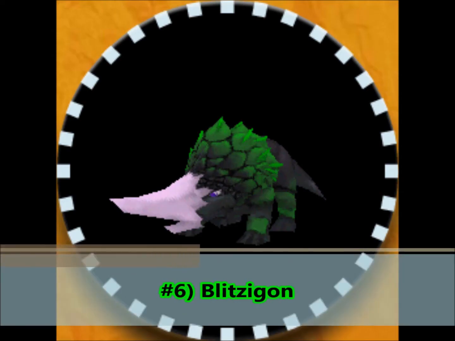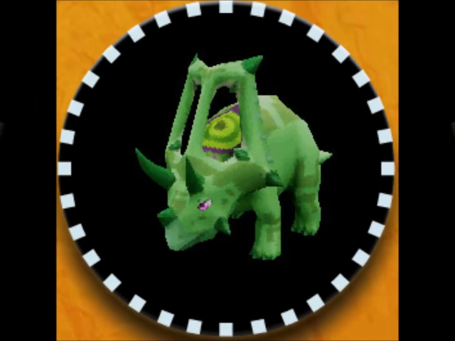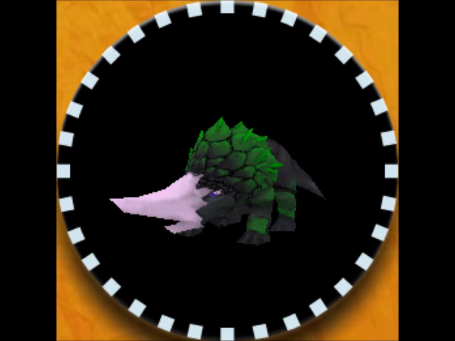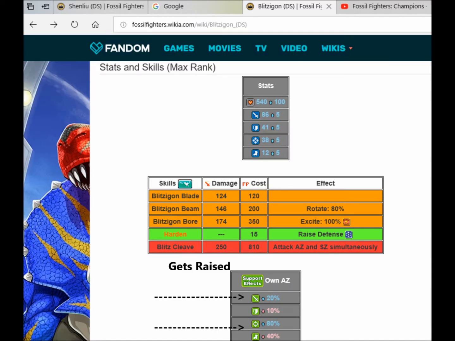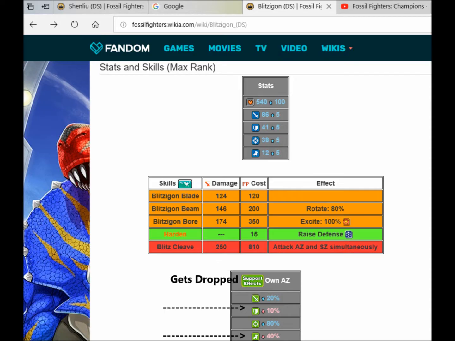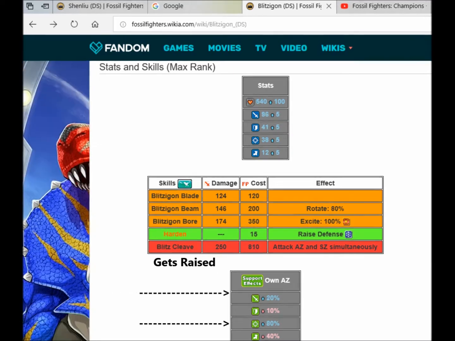Number 6. Blitzagon. Applying the golden head fossil to the hollow-headed Chasmo produces this large green Molosaur similar to Buldor. Like its counterpart Heracles, it provides a boost to the attack and accuracy stat to AZ allies, though it does drop the other stats. While it is true that Heracles provides a superior attack bonus, Blitzagon provides a superior accuracy